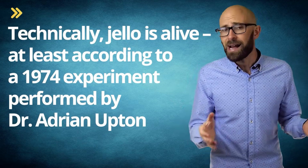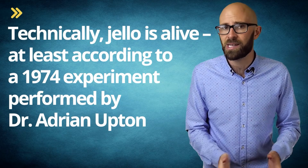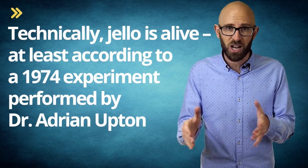Technically, Jello is actually alive. That's at least according to a 1974 experiment performed by Dr. Adrian Upton. Dr. Upton attached an EEG (electroencephalogram) machine to a dome of lime green Jello. The Jello produced alpha waves in much the same way an awake and alive human would do. This set the science world aflutter,